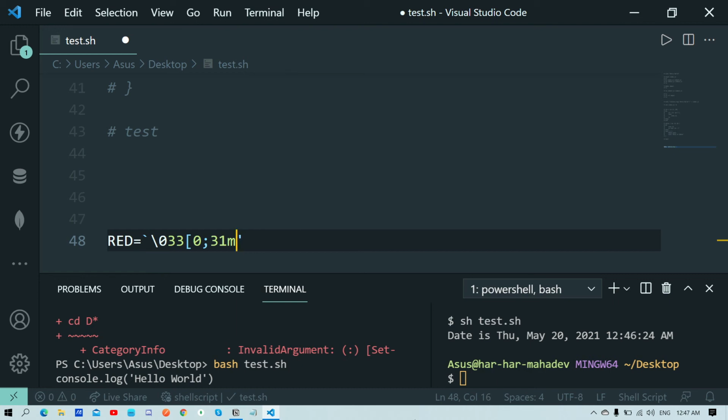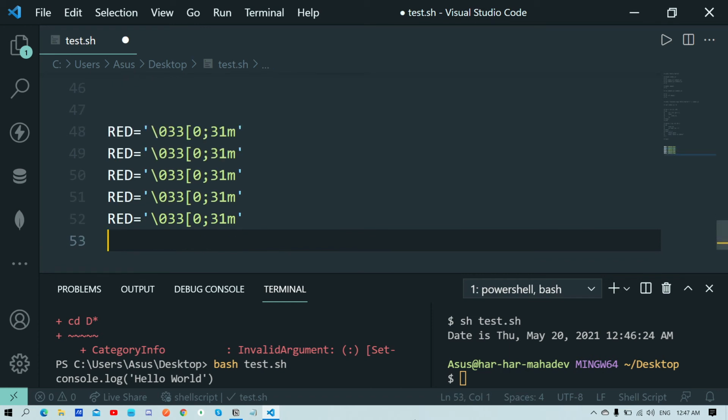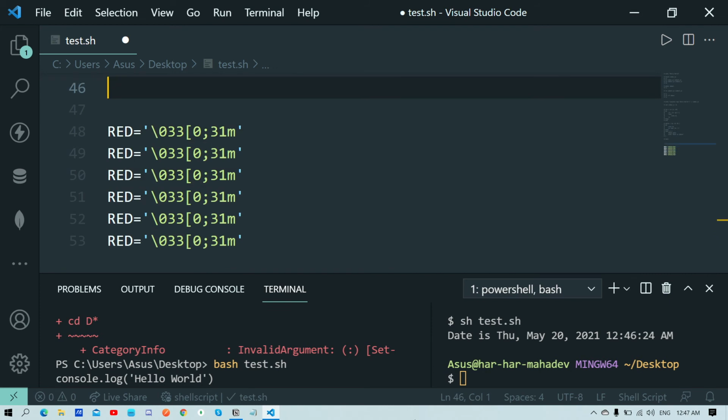I don't need to use backticks this time. If I paste this over, there is 0m as well. There is one more thing, 32, 33, 34, 35, there is 36 and 37 as well, I guess.